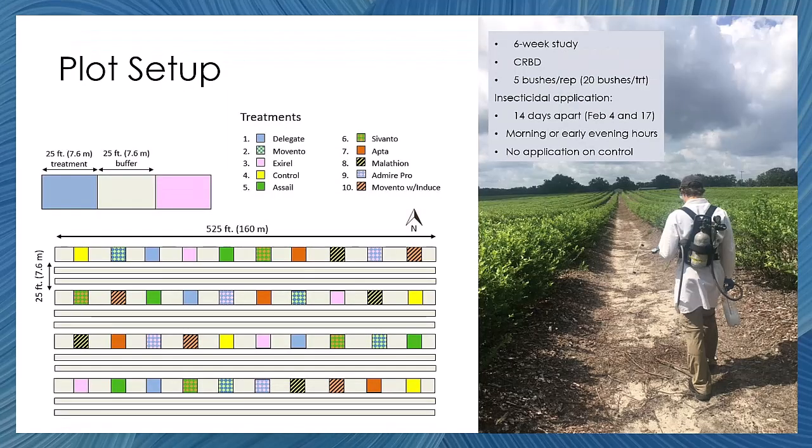Going back here again, each plot consisted of 5 blueberry bushes. Each would be treated twice over the course of the study. We did 1 spray, and then 2 weeks later, we did the second spray. All sprays were applied using a CO2 backpack sprayer, which you can see pictured here on the right. And all sprays were conducted either early in the morning or early in the evening to avoid damaging any key